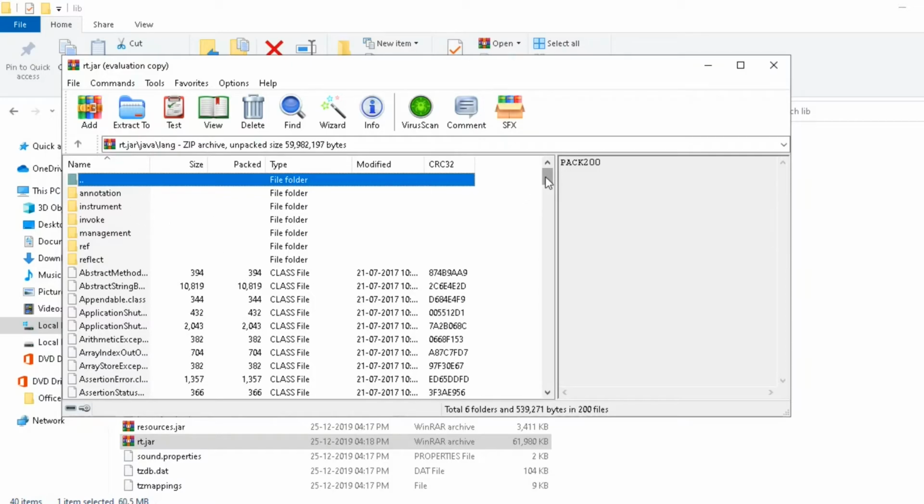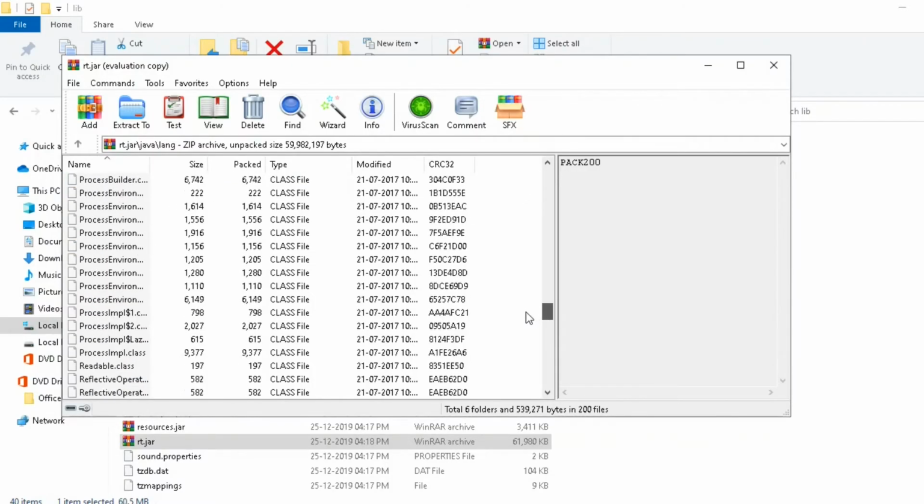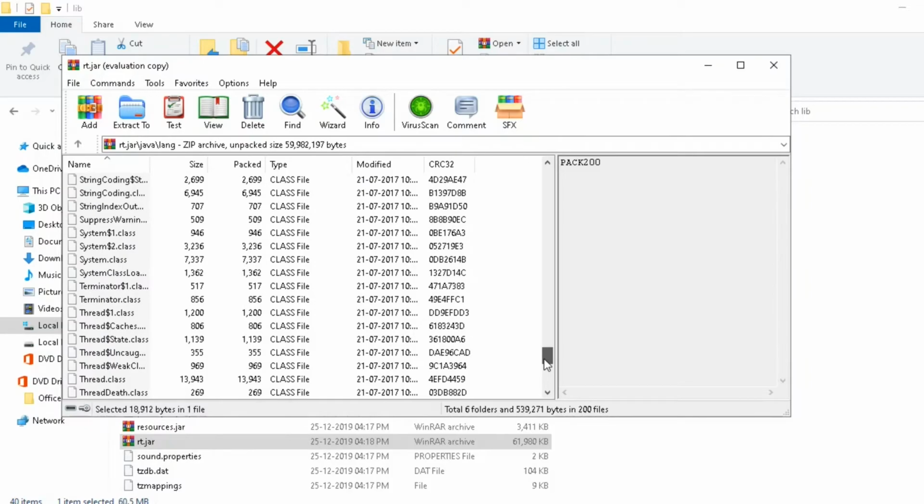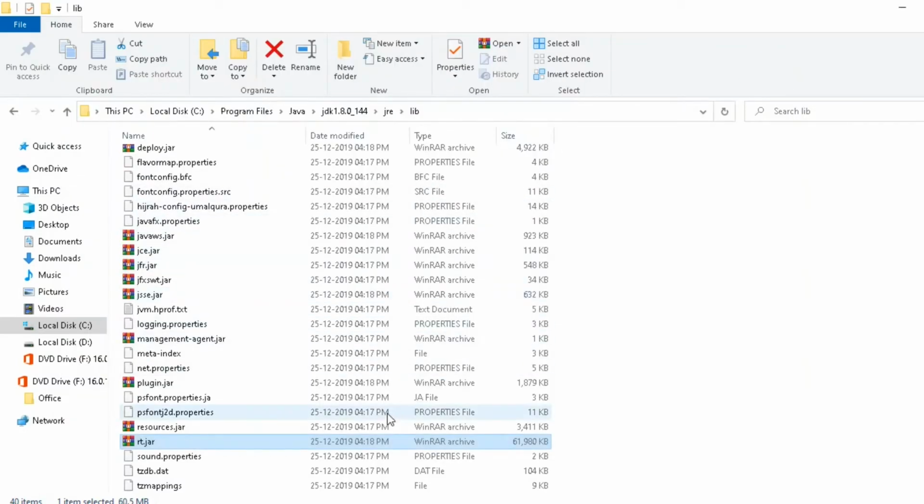We can see that we have the String class inside this, and we have the Thread class, and we have the System class. The System class is what we use in System.out.println; that System is a class. So this is where we can find all these classes.